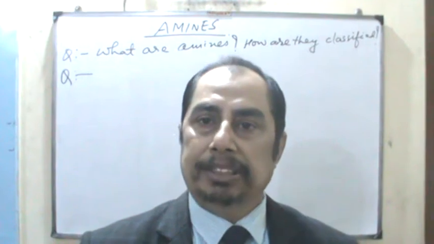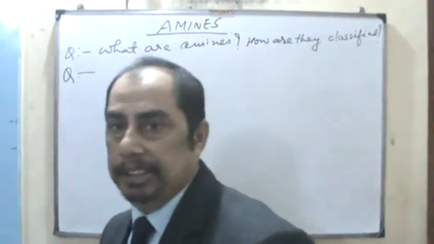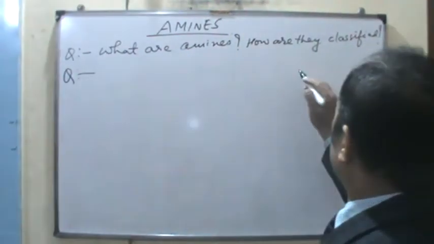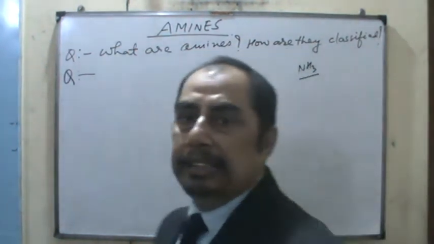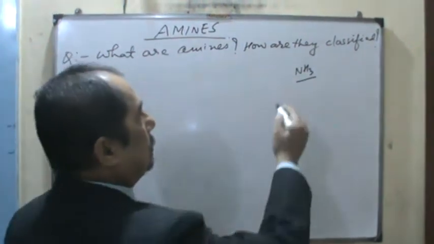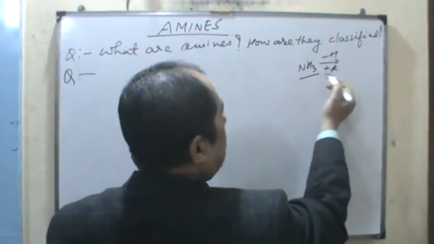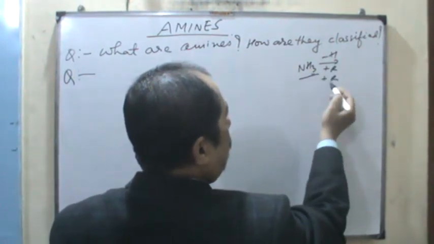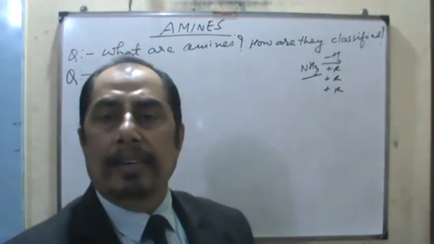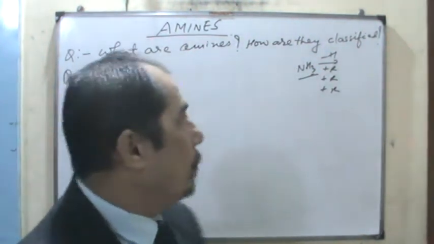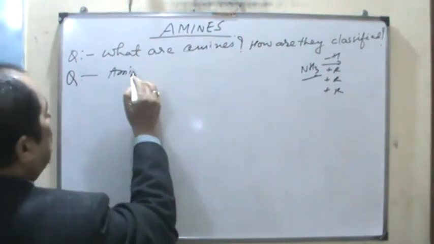Now the question is very important: what are amines and how are they classified. Actually amines are ammonia derivatives. Ammonia contains 3 hydrogen atoms. Once you replace one H and add an R, you get a 1 degree amine. Then you replace another H, add another R, and get a 2 degree amine, and then you add the third R, tertiary amine. So amines are actually ammonia derivatives. So I write, what are amines? The answer is, amines are